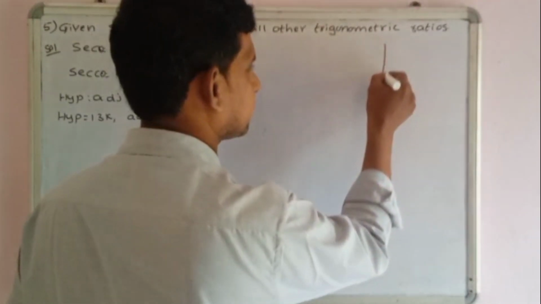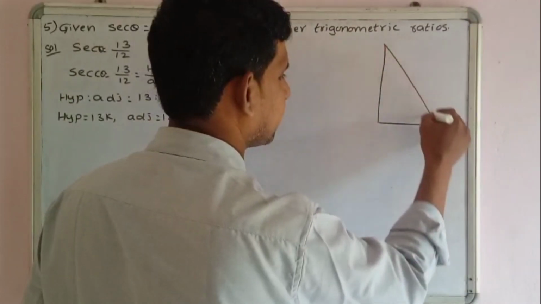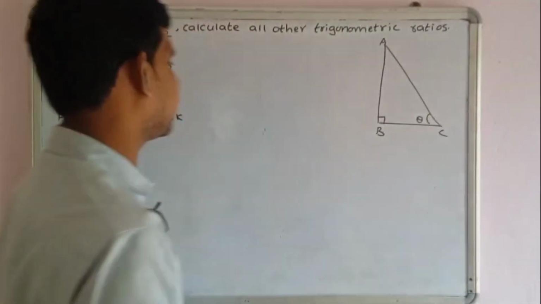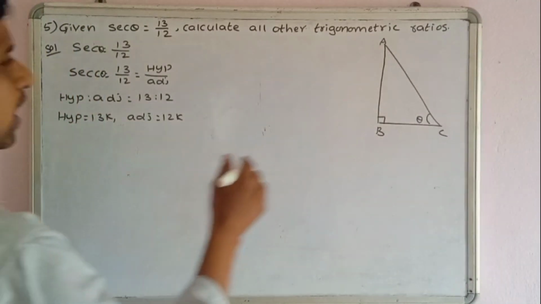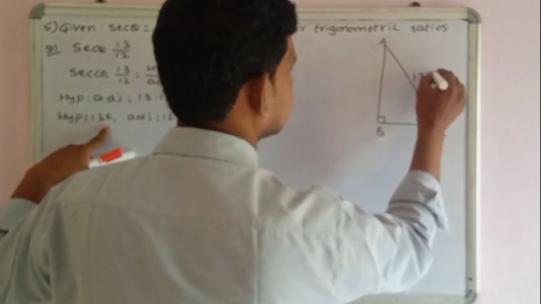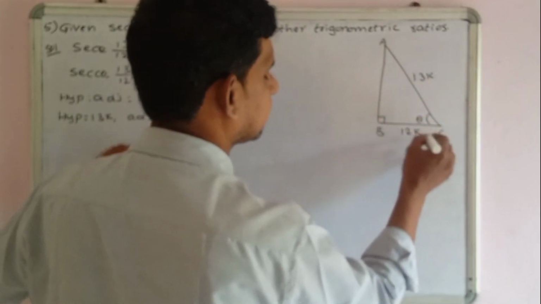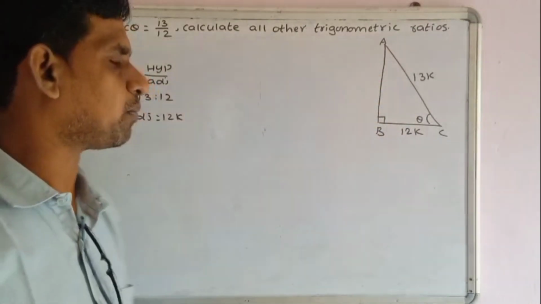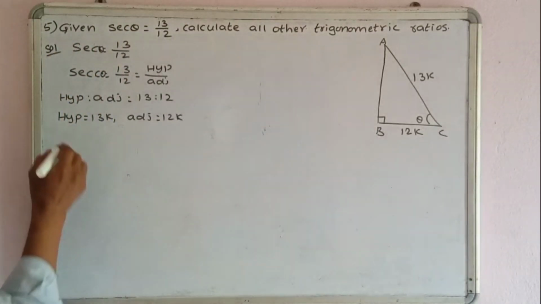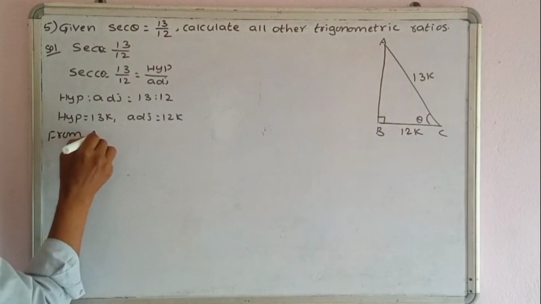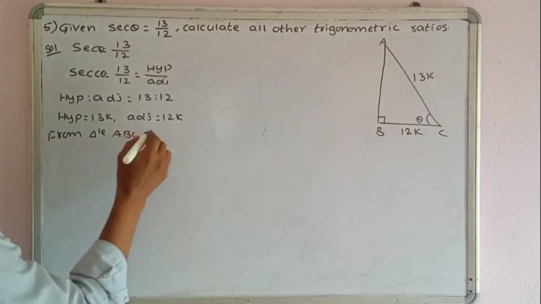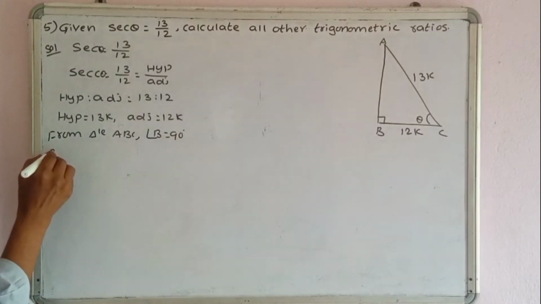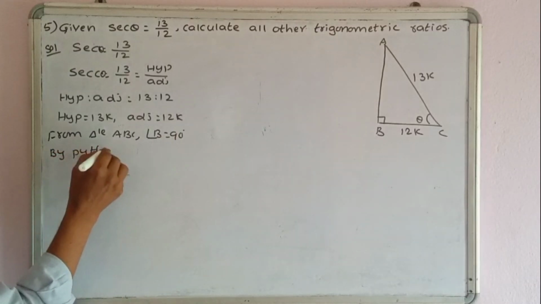Draw a triangle, a right angle triangle. This is the angle theta. A, B, C. Angle B is right angle. So hypotenuse is 13k. Adjacent is 12k. Using this triangle, find the value of AB, that means the opposite side. So from triangle ABC, angle B equals 90 degrees. By Pythagoras theorem,